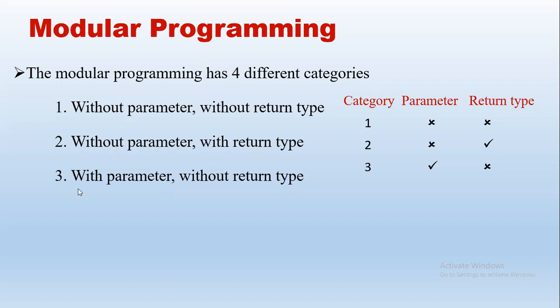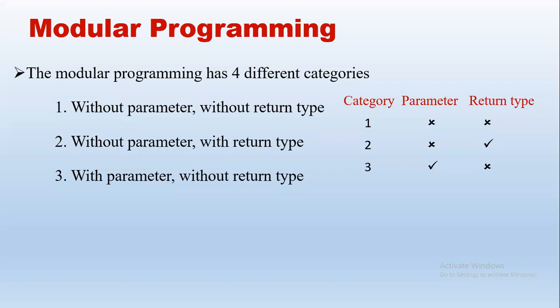Now what is this third type, with parameter and without return type? I give him the 2 terms to be added. Previously I did not tell what the 2 values were, so he took his own numbers. Now I tell Jai Surya, you add 3 plus 4 and tell me. Then he has added, but I did not get the return answer. He has added 3 and 4, he knows the answer is 7, but there is no return back to the calling function. So the calling function does not get back the answer.